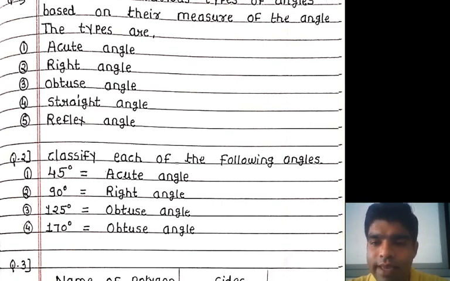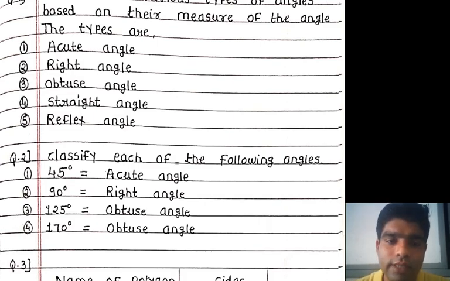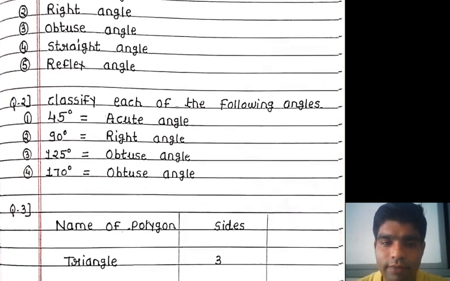There are so many examples we have to classify. Now for example, this is 180 degrees. Definitely 180 degrees is a type of straight angle. Why? Because this is the definition of an angle measuring exactly 180 degrees, and this is our straight angle, and so many more examples. Okay, now let's start the next topic.